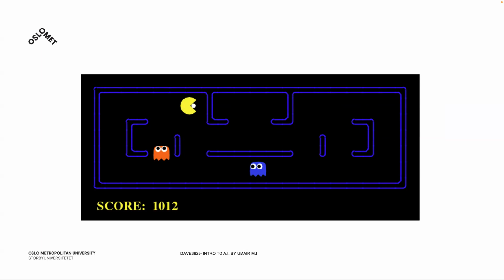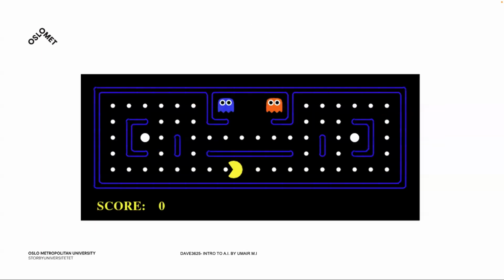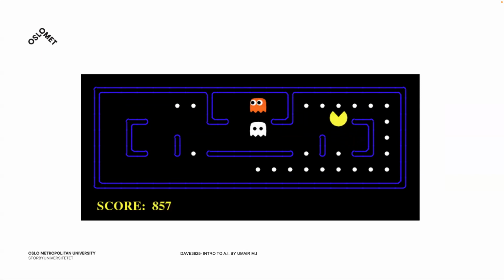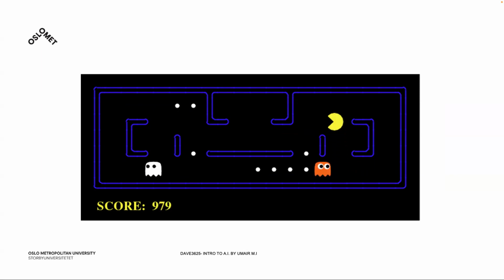And what you have done is you have told this agent that every time it eats a dot, that is a plus point. Every time it eats the ghost, that's also a plus point. But if it's not eating those, that's a penalty for the agent. When you associate these rules and then run the simulation, the algorithm will try to optimize its reward and collect as many points as possible.